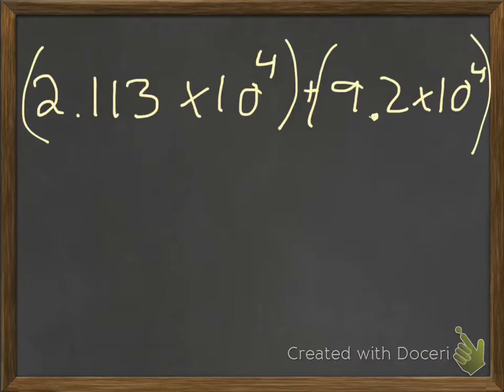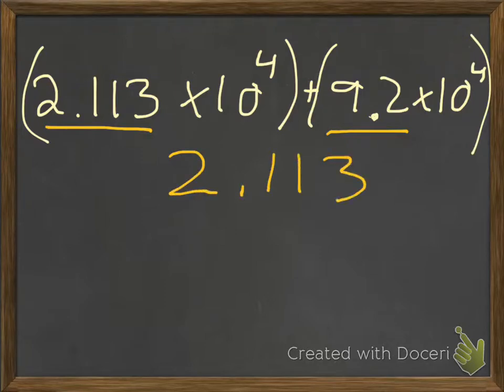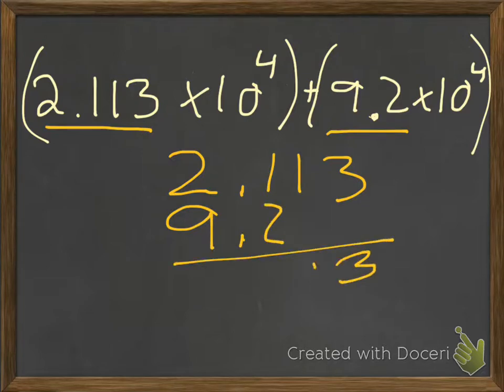Now, if we're using scientific notation, you can pretty much do the same thing. Right now, the easiest thing to do is just go ahead and focus on that first half of the scientific notation. So we'll take 2.113 and add 9.2 and just add those up. And we get